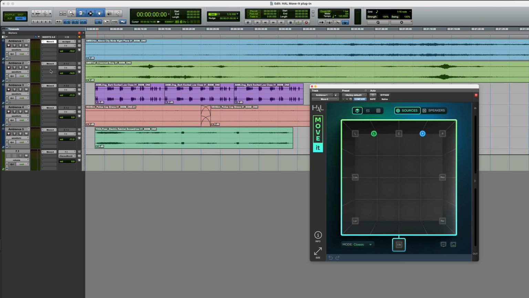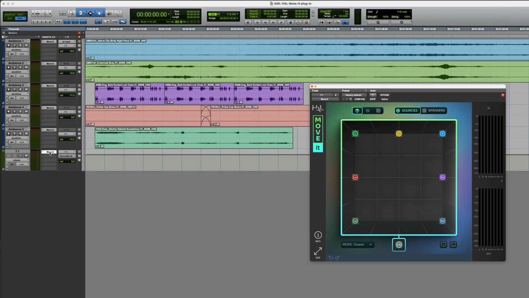I've panned these from their individual tracks using Move-It, as you can see here, and each of these audio tracks is then routed to a 7.1 aux. As a point of interest, all of the audio used here is from Boom Library, so check that out if you're interested. On the 7.1 aux track, I have another instance of Move-It, and here from the Sources page, I